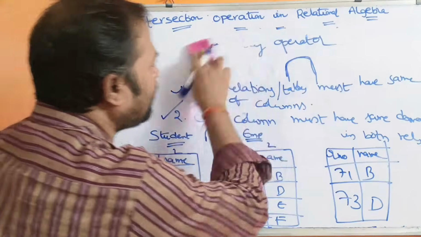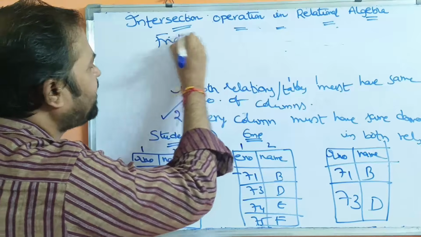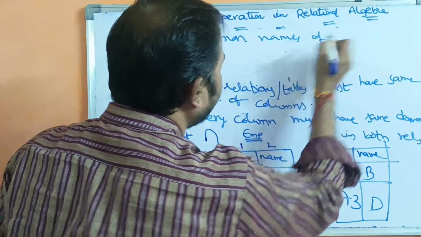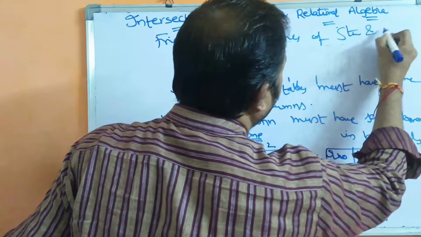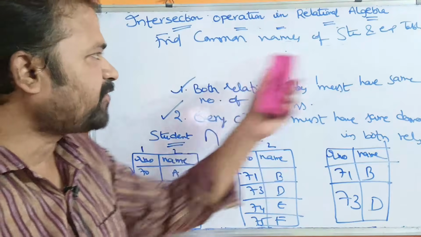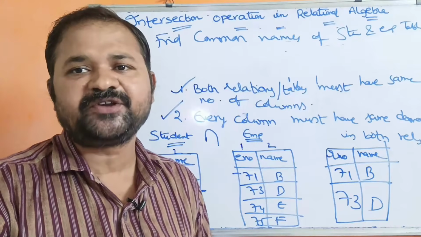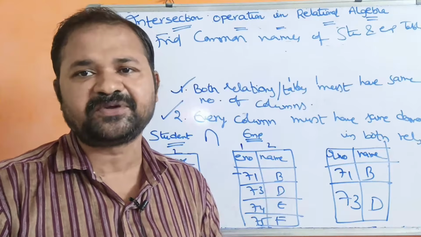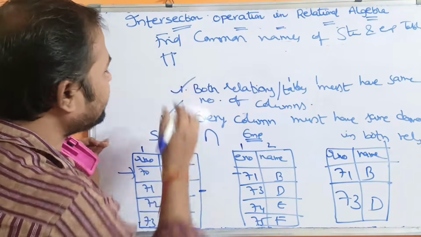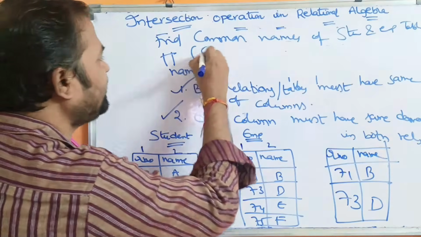Now let us write one query. Find the common names of the student and employee tables. So we need to find common names here. Here we are performing the operation on a single column. So in order to perform operations on a column, we have to use the project operation. So pi, here we need to find what? Name. So pi name of the student table,